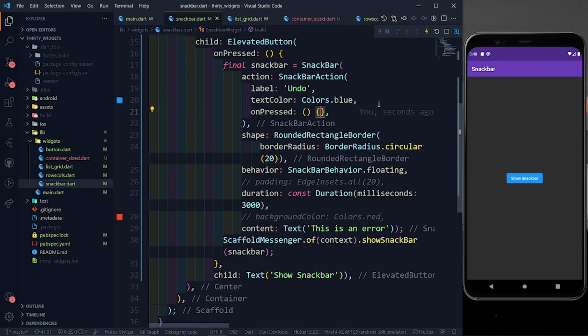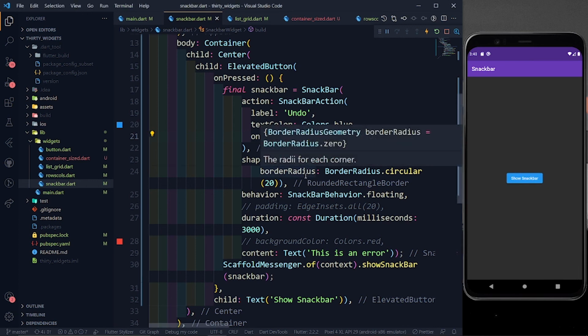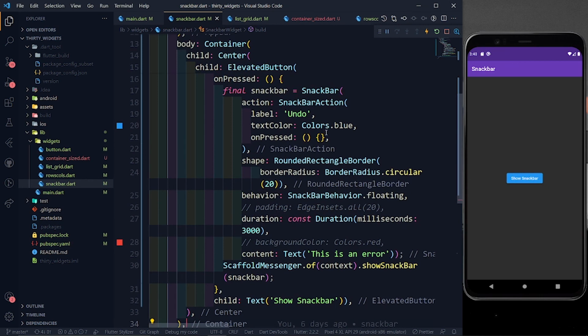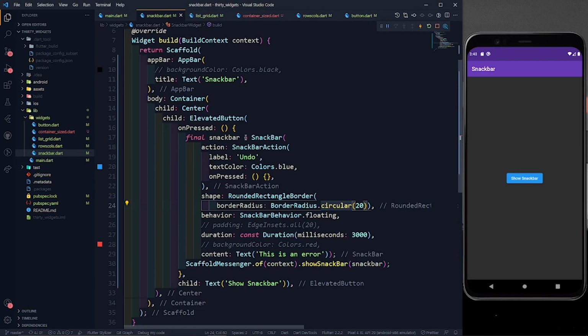Save it. And don't worry, each and every code is uploaded on GitHub repository, and the link is also shared in the description. Now if I click on it, you can see a simple button also, undo button over here. You can click on it and you can write that function in this onPressed. So this is how you can work with the snack bars. And yeah, you can see how easy it is and how cool it is to work with the snack bar and integrate the snack bar widget in your apps.